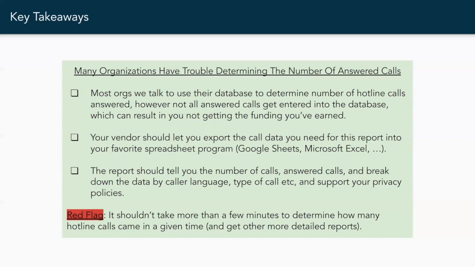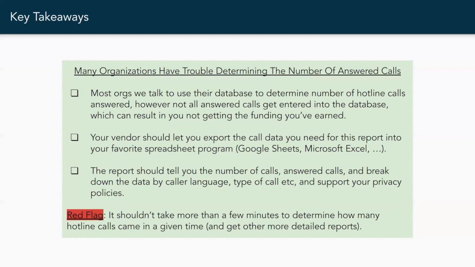We've asked leaders at a number of agencies to estimate the number of calls that get entered into the database versus the number of calls that actually get answered. And estimates are usually around 50%. So think about it. You're submitting reports to your grantors, asking them for funding. They're giving you money, and then you're reporting back how much service you provided to the community. But you're only able to get credit for half of the work that you've done. So from the grantor's side, they think that they're giving you enough money because they see only half of the work that you've actually done.